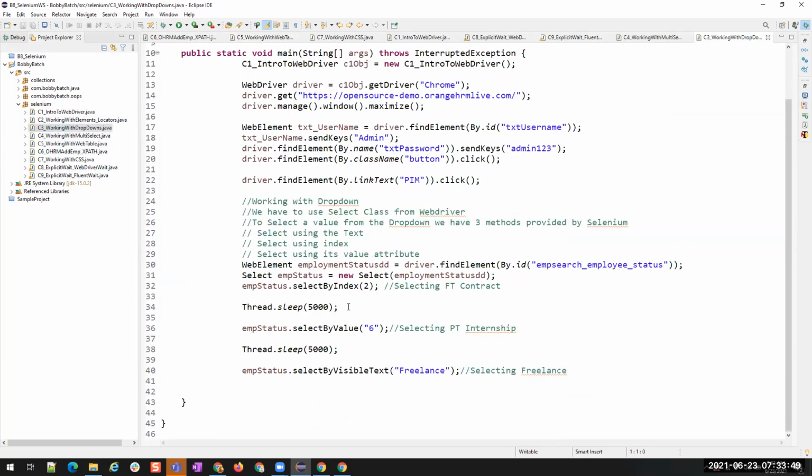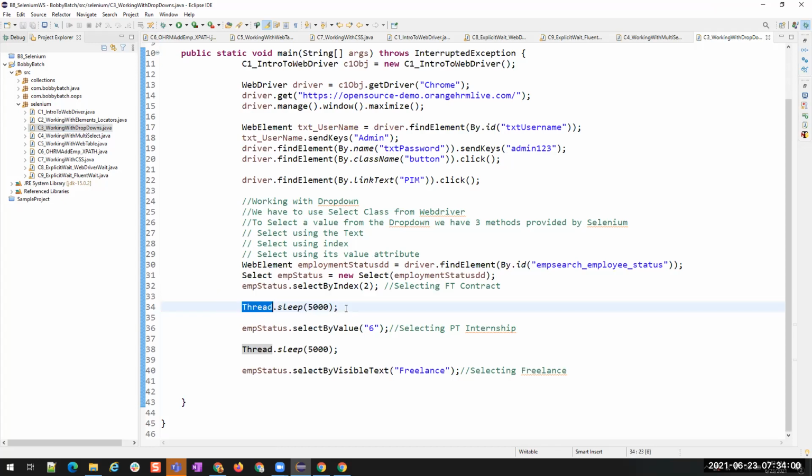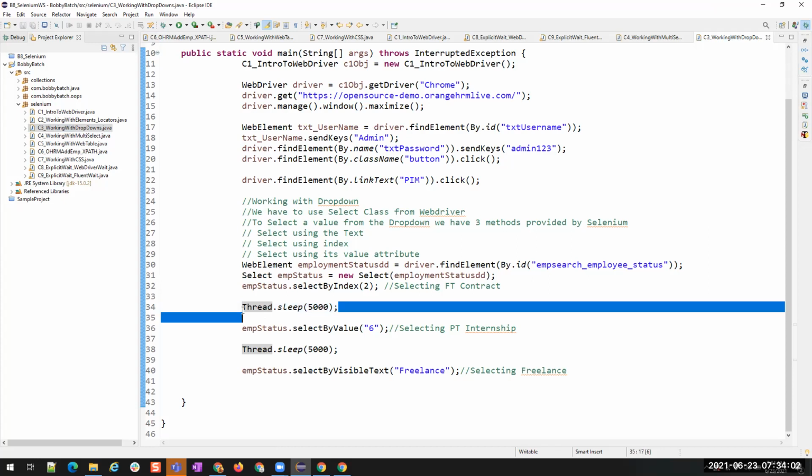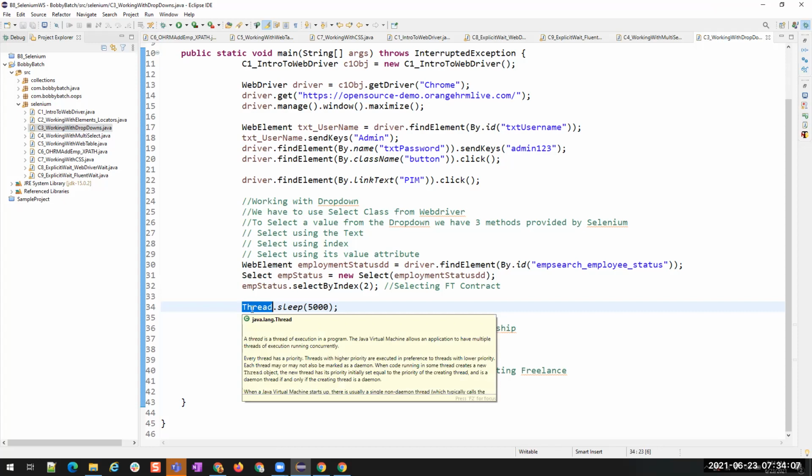We have used Thread.sleep. So what is this Thread.sleep? This is also making our script hold on for 5 seconds, right? This Thread.sleep is not from Selenium. This Thread.sleep is a method which is from Java.